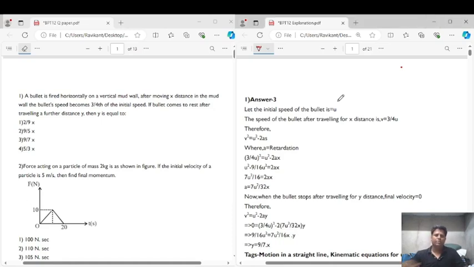This is Ravikant, your physics teacher, and the question paper we are going to discuss today is of BPT 12 question paper. And let's look into the very first question. The first question says